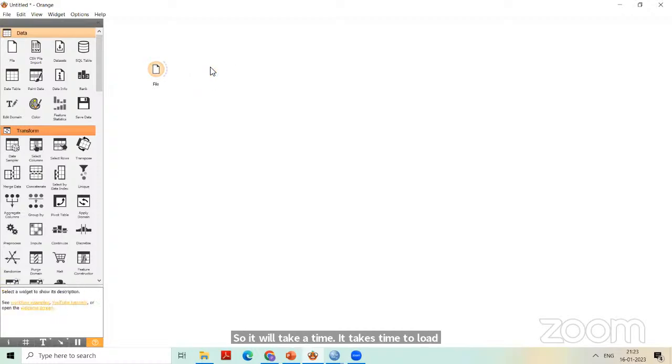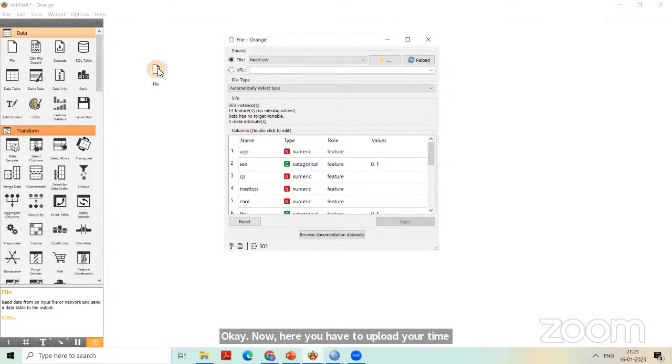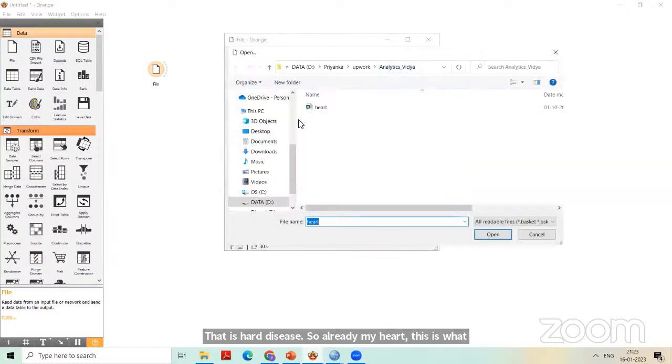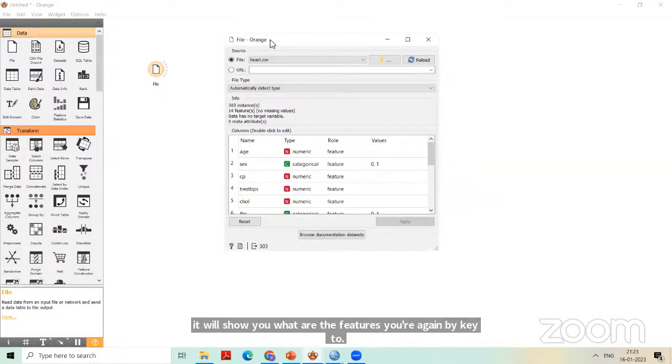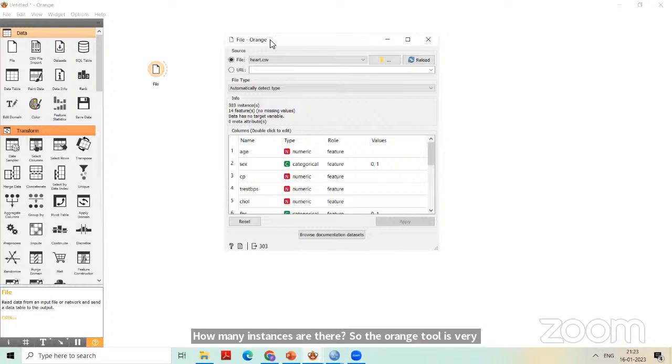Okay, it's come. Now here you have to upload your file, that is heart disease. So my heart disease.csv is already there. Otherwise, you have to browse through your computer and select those files. Heart disease. Okay, so it will show you what are the features here. Again, it will show you how many instances are there. So the Orange tool is very advanced as compared to SPSS